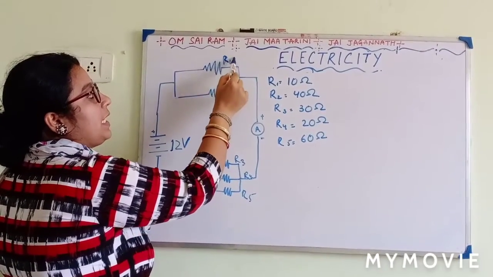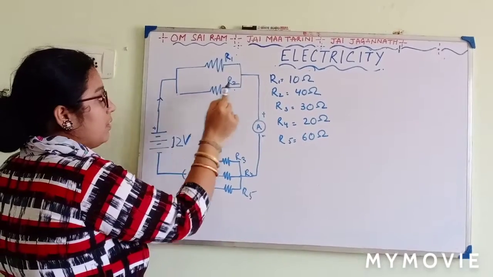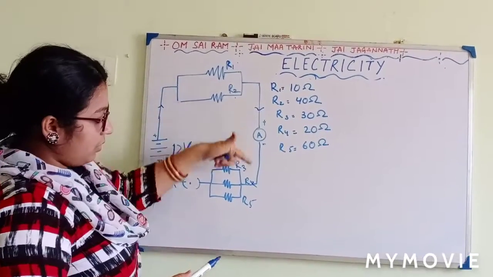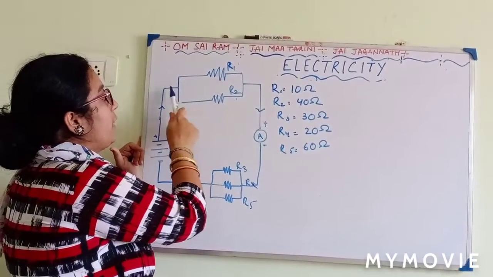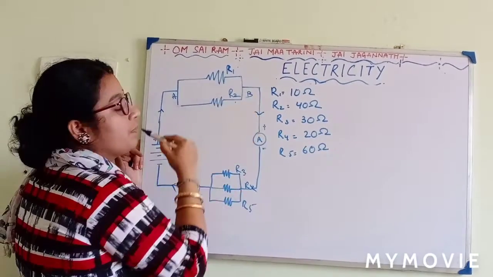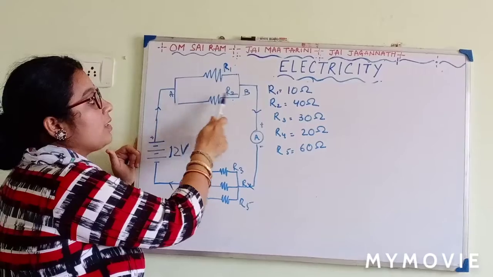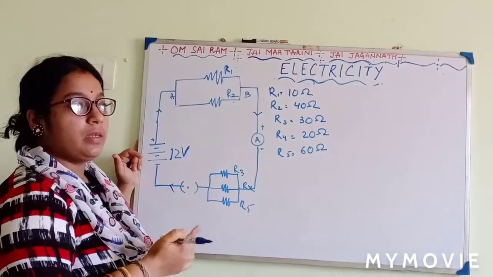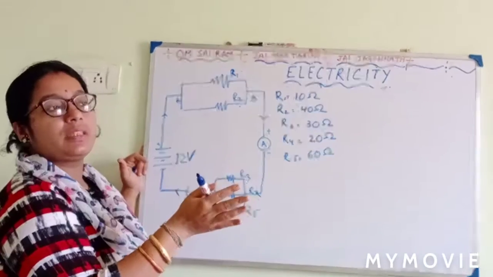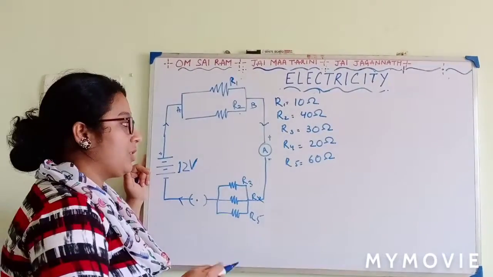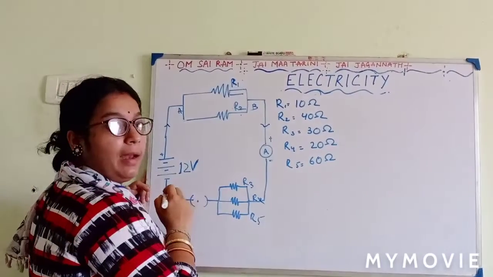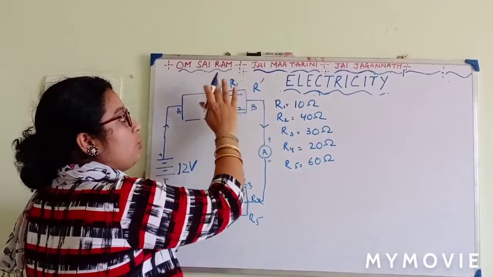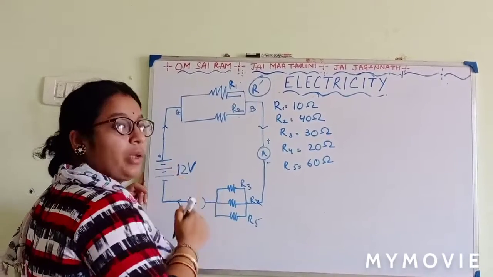So now when we see this R1 and R2, see the current flow. The current is flowing through the circuit. Now if I name these points as A and B, between these 2 points, how many resistors are there? R1 and R2. So we know if a number of resistors are placed between 2 similar points, where the joining points are the same, that kind of combination is known as parallel combination. So now R1 and R2 are in parallel combination. If I replace these 2 resistances with the effective resistance R dash, we have to calculate R dash first.